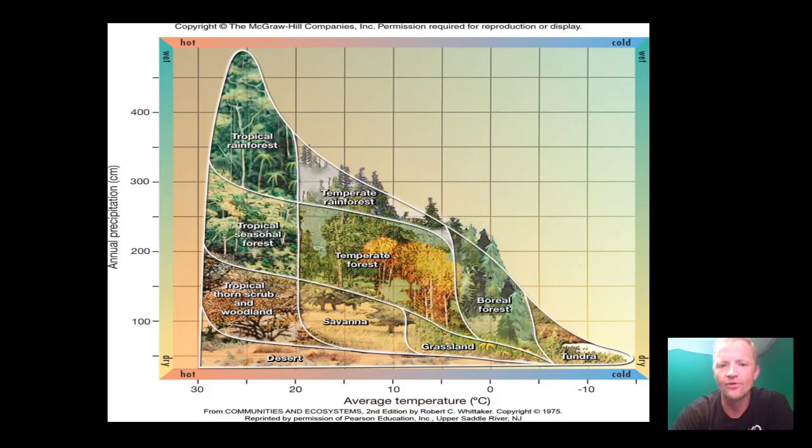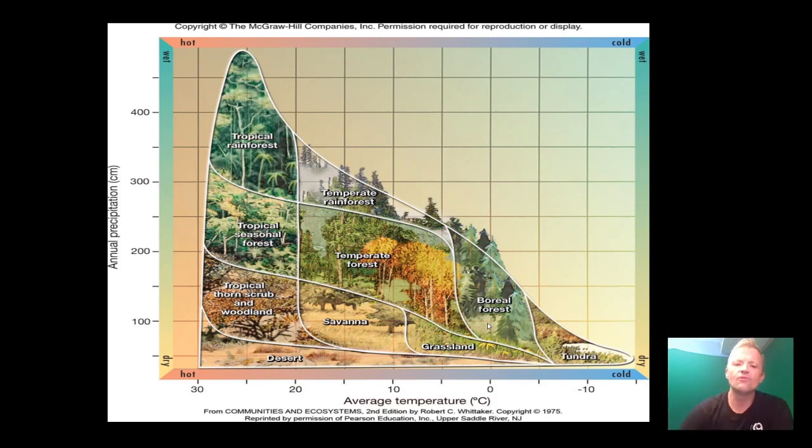So this is an important one, right? The more certain biomes fit in, having within those two categories, the X and Y axis. A tropical rainforest: we get annual precipitation of around 300 or more, right? 300 or more, and the temperature usually is between 30 and 20 degrees Celsius. If you have those two key factors, most of the time you will have this biome, the tropical rainforest biome. If it goes below that, let's say you get a little less rain, 300 to 200, and then the same type of degrees, then you get a tropical seasonal forest, and so on, right?